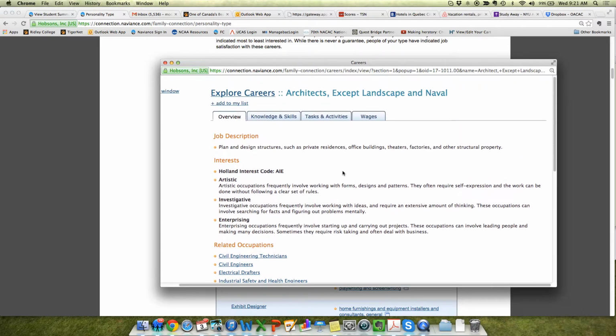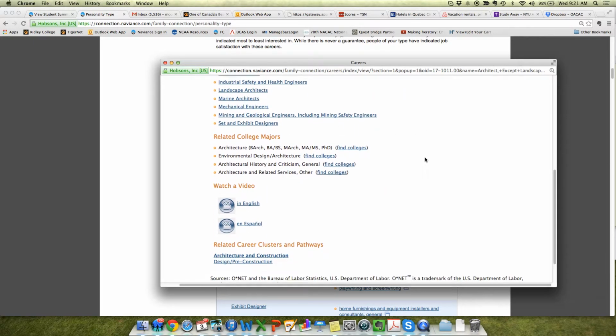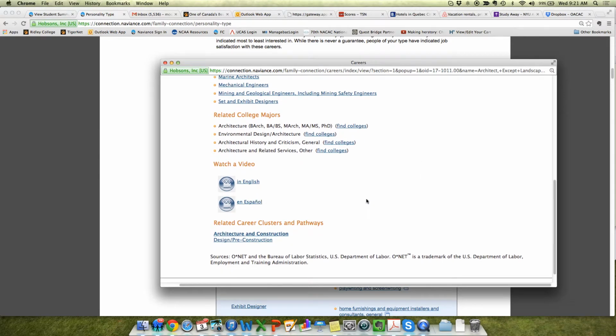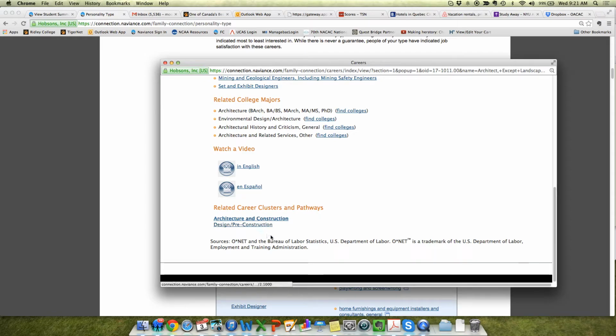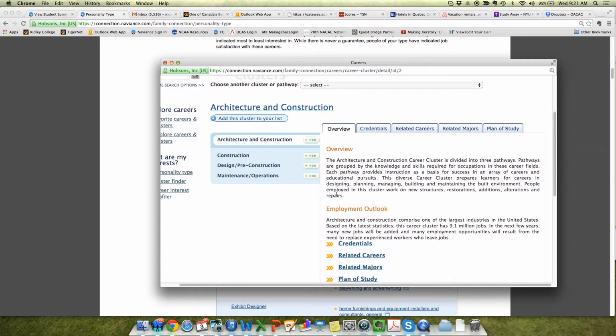On this main homepage, though, for a career, you'll notice that there's other related careers they can link over to. There's majors, they can click and see colleges. There are video clips here that they can look at. There's also another database within the system called Clusters and Pathways. And if they click on one of these, it will take them over to a whole new profile. Here, they'll see this area as a pathway, and as maybe a specific pathway within this cluster that they can investigate. So if they want to be an architect, they might click on Design.